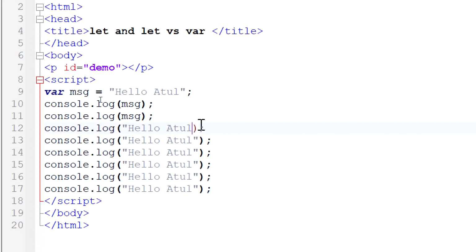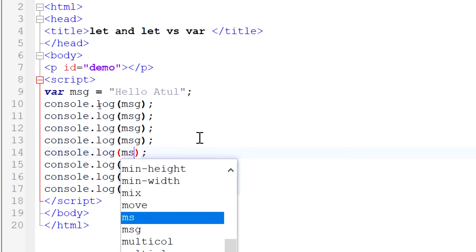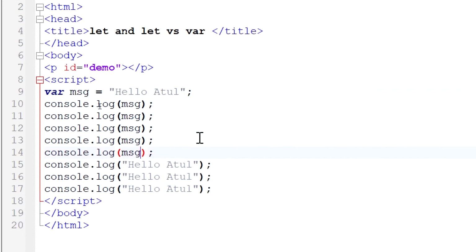So what will happen in the output? There will be no difference, but now we are reusing it using a variable. We have applied the variable concept for storing data or value, and in every place we just need to write the msg variable name and it will display onto the console. So just console.log msg.